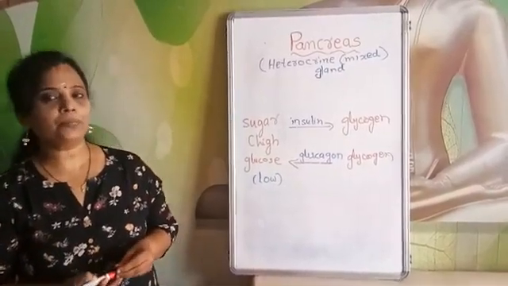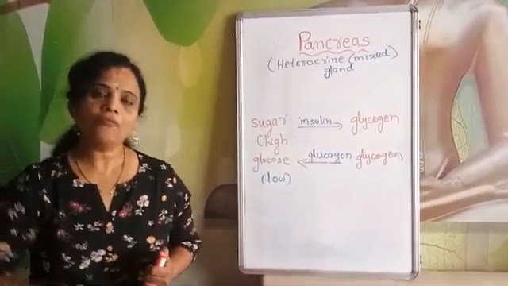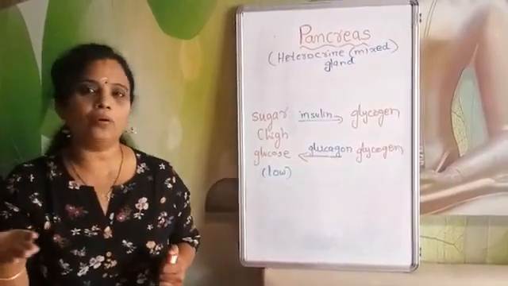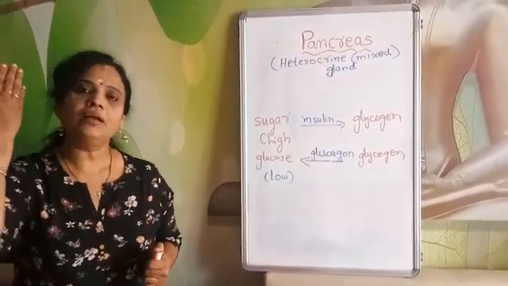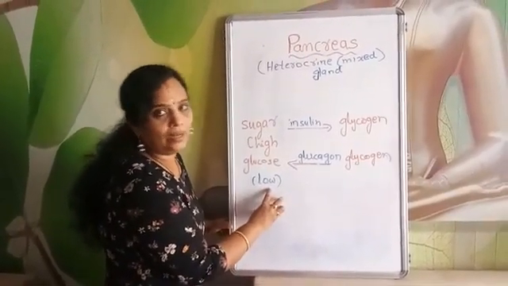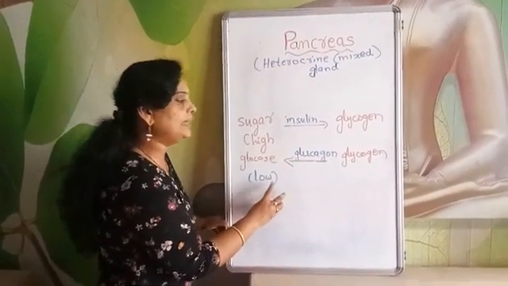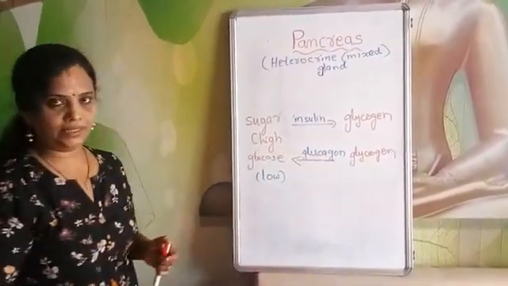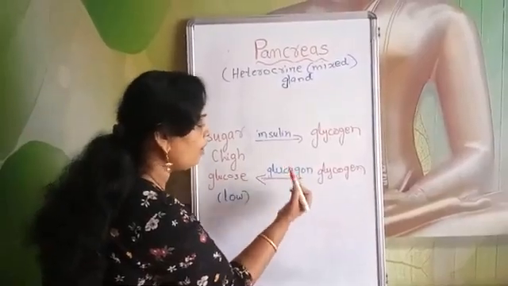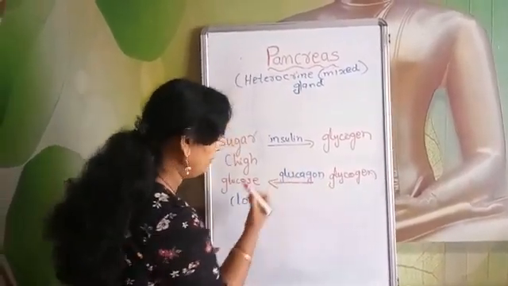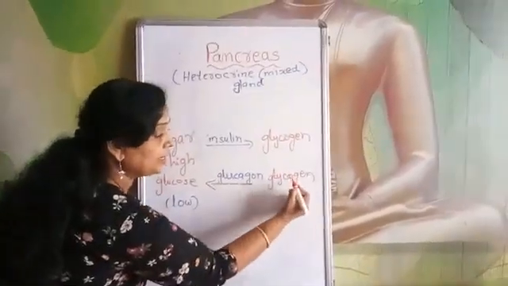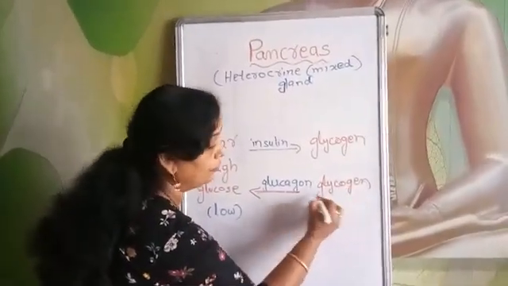That time what will happen is the sugar level in your blood will fall. It falls lower than the normal level. I told you it has to maintain a normal level. So that sugar level will come down when it is very low. So in order to maintain that normal level, to raise the sugar level in the blood, another hormone will be secreted by the pancreas, the alpha cells of the pancreas, called glucagon. Whenever the sugar level is low in the blood, to raise it to the normal level, it will convert the stored glucose in the form of glycogen.